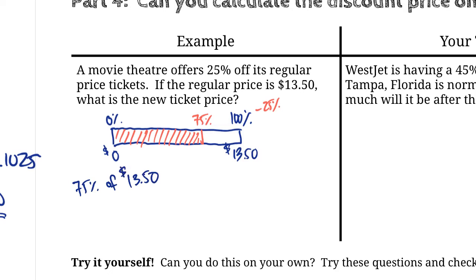And in order to do that, we're going to do the same process before. We're going to turn it into a decimal, 75% over 100%, which gives us 0.75. And then we multiply by the total cost, $13.50. So we should end up with a number that's less than our starting amount, right? Because there's a discount. So 0.75 times $13.50 gives us